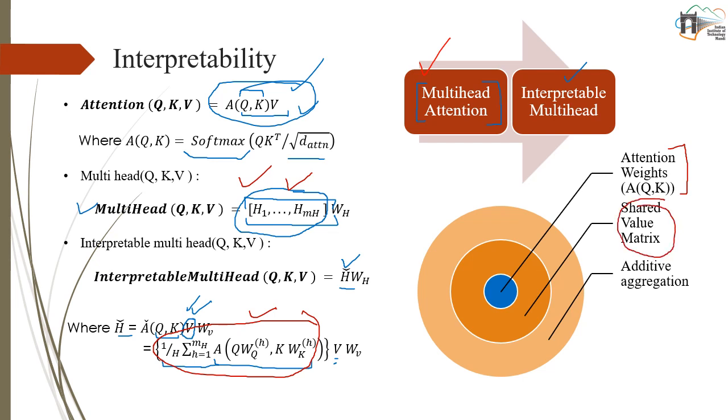So the shared value matrix comes outside of this additive aggregation, and when we did this additive aggregation in place of concatenation, our whole attention mechanism was more interpretable as compared to the standard transformer network. So this interpretability into our attention mechanism was the key point, and was more effective to identify if our model is working fine, how it is giving our outputs, and whether these outputs are reliable or not.